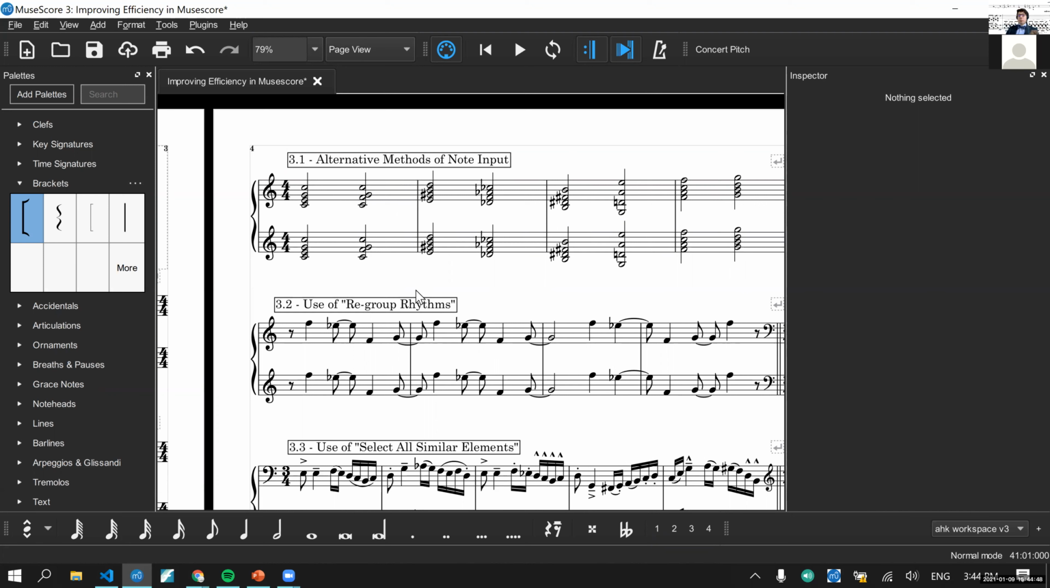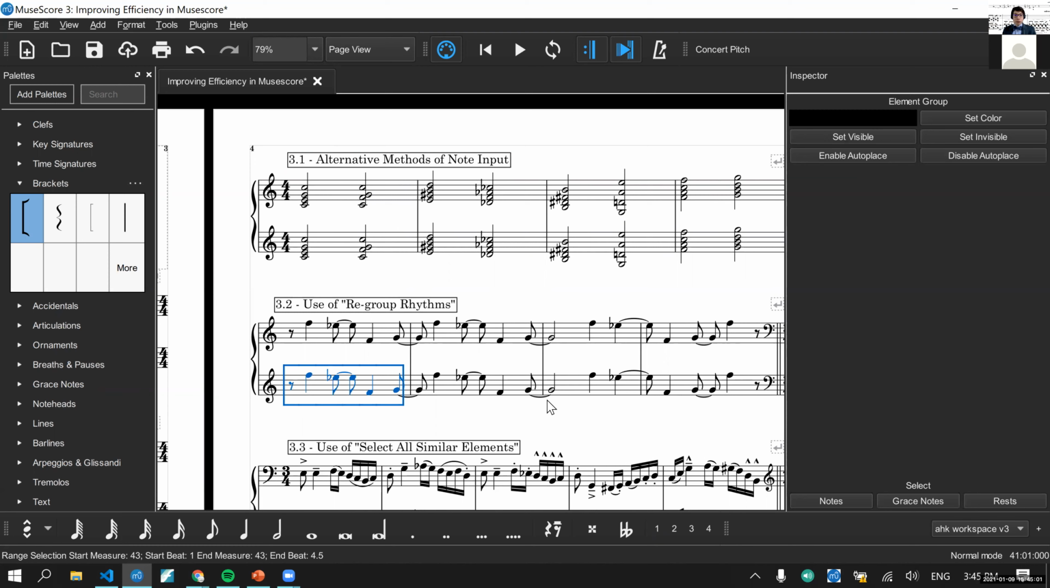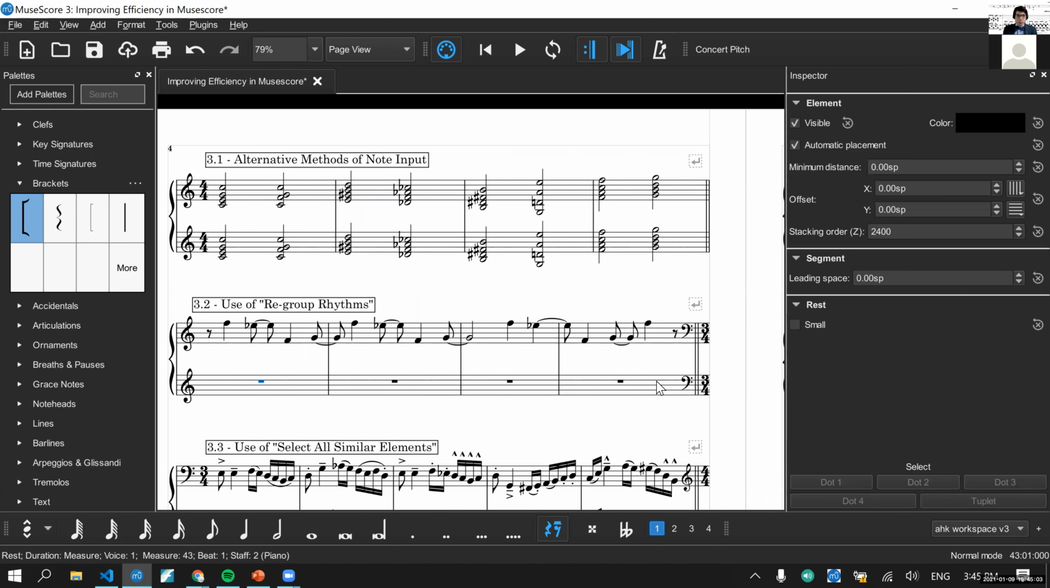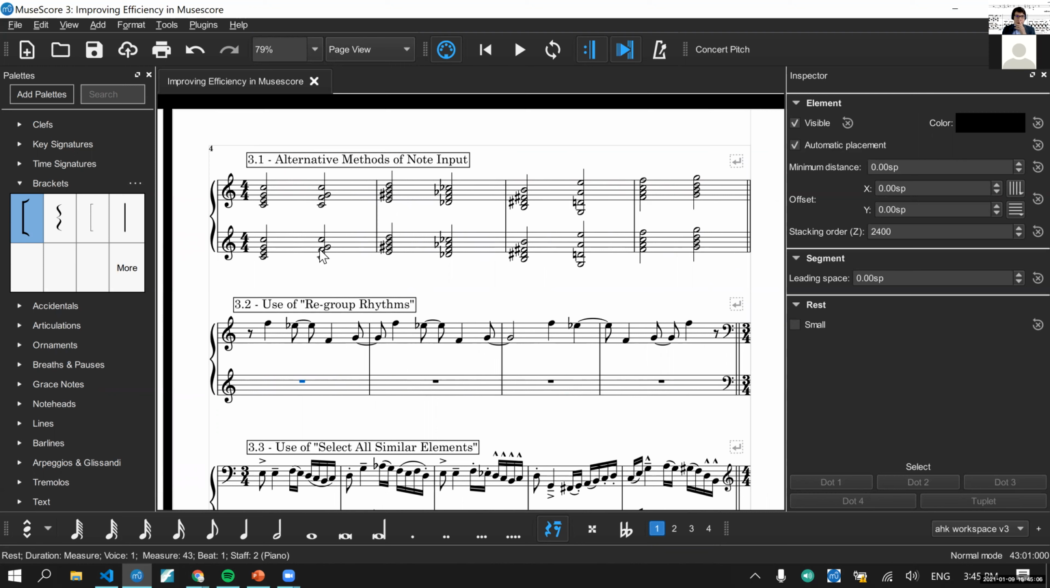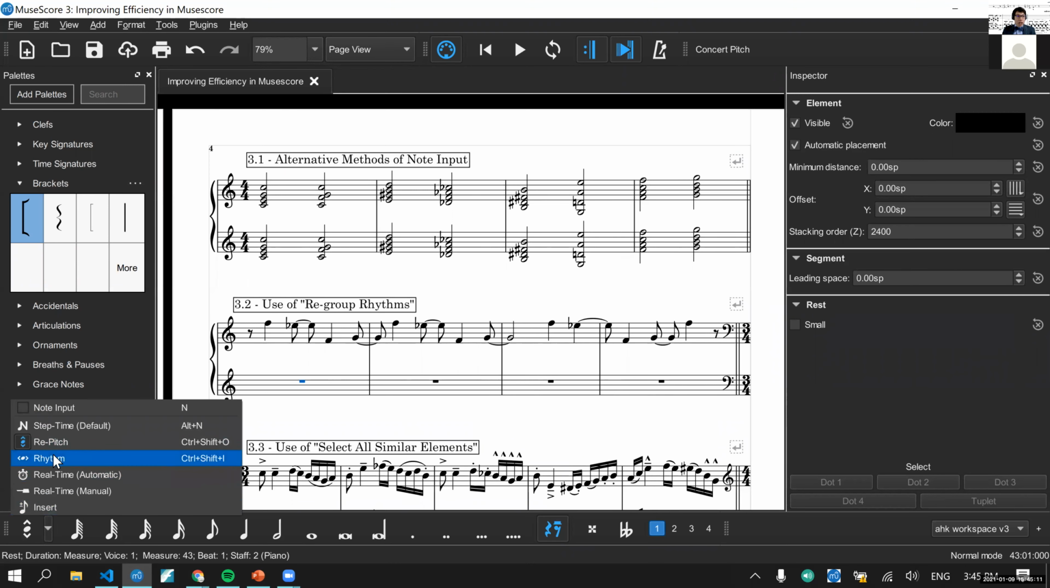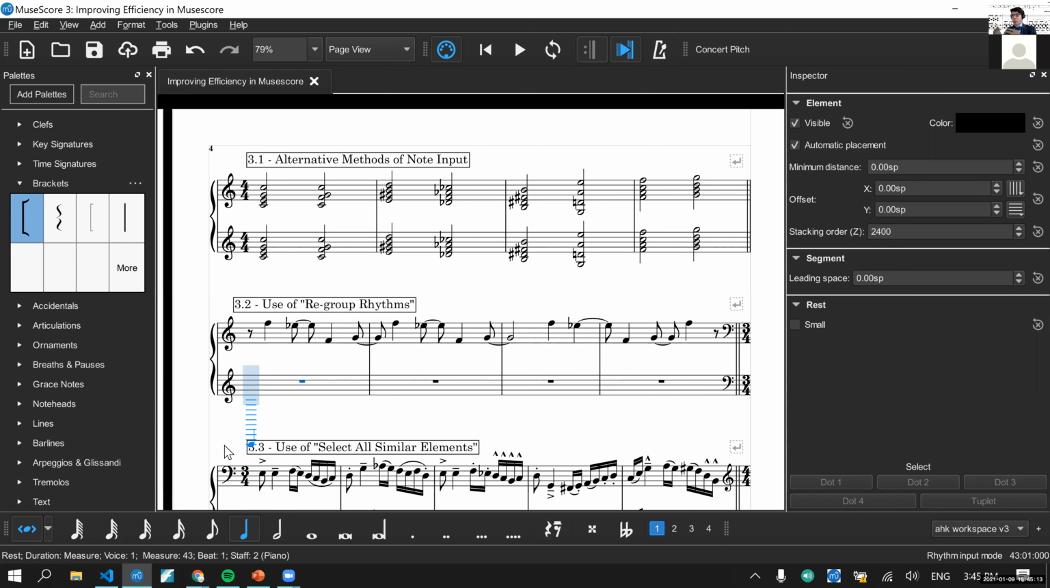That example is probably not the best one to do for using duration and then pitch as two different input modes. But this one is the use of regroup rhythms. So what you can do here is you can add the rhythm for this and then do the pitch. So I've assigned this to the shortcut of Control-Shift-I. You can do whatever you want, but how would we